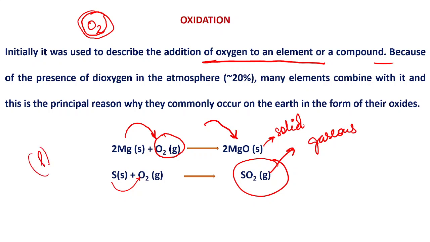So initially the addition of oxygen to any element was defined as oxidation. Here magnesium is oxidized by the addition of oxygen to form magnesium oxide. Similarly, sulfur is oxidized by the addition of oxygen to form sulfur dioxide. But